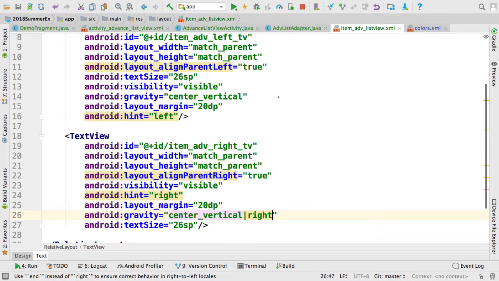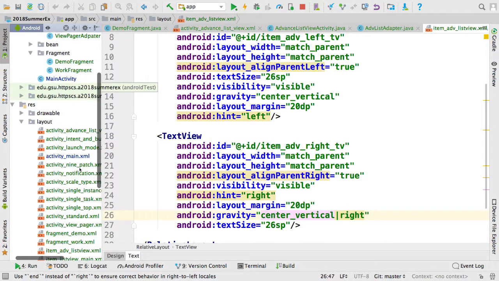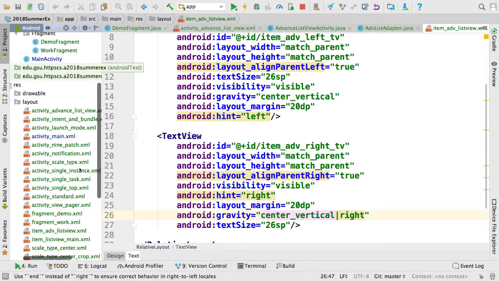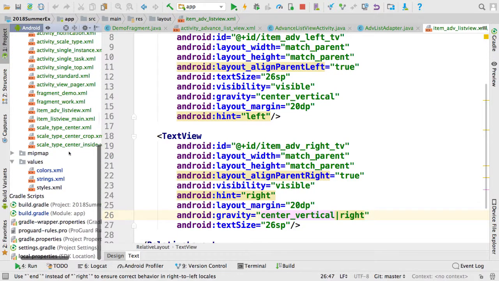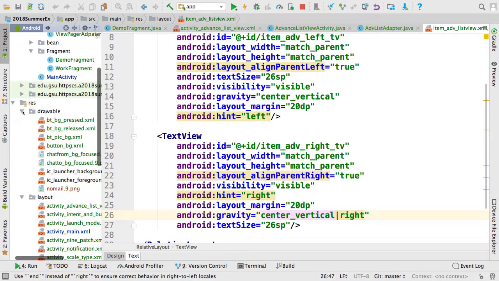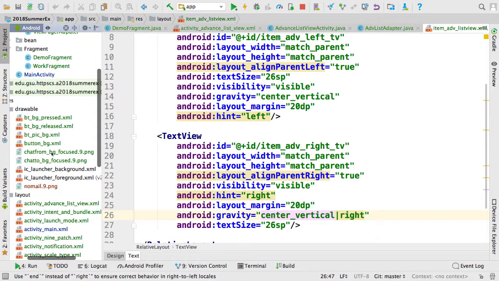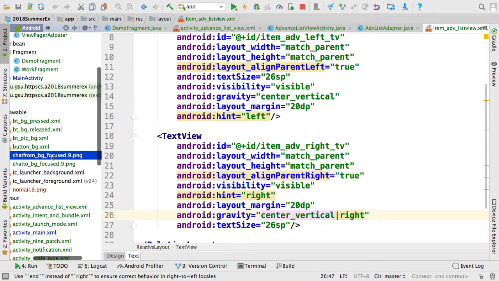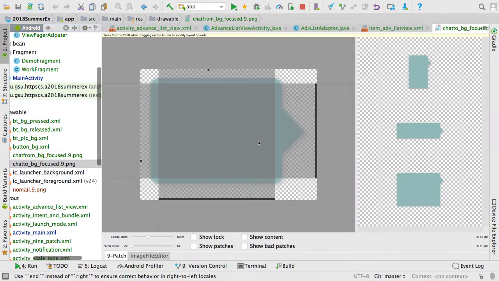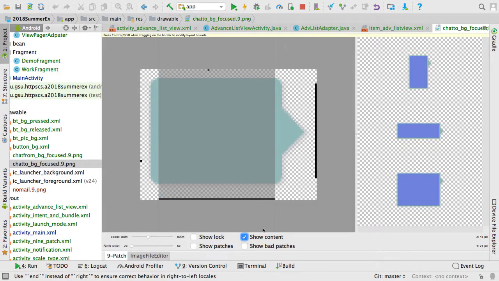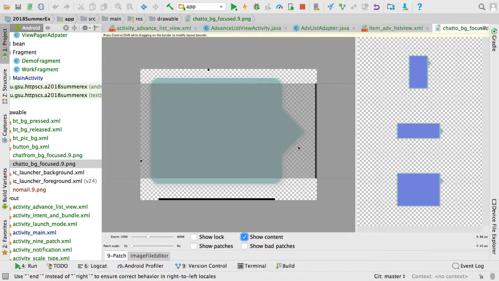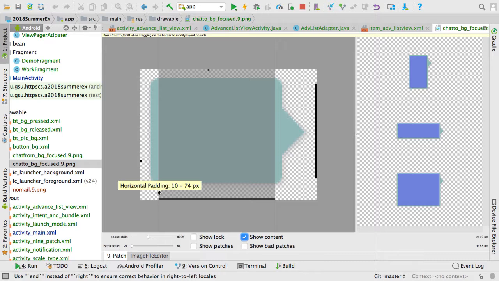And because we learned nine patch from last class, like the folder drawable and the nine patch chat background. So this is the right side. Then this one we can very clearly show you how to set. So if I delete this part,